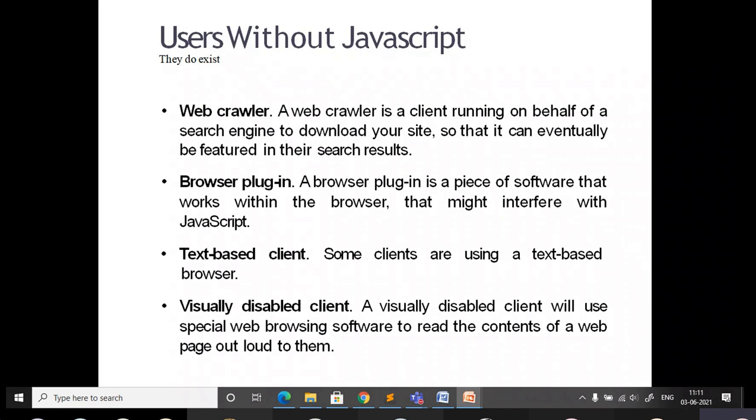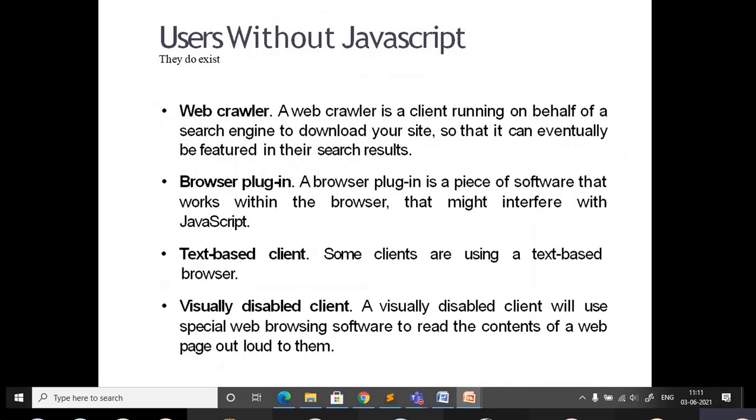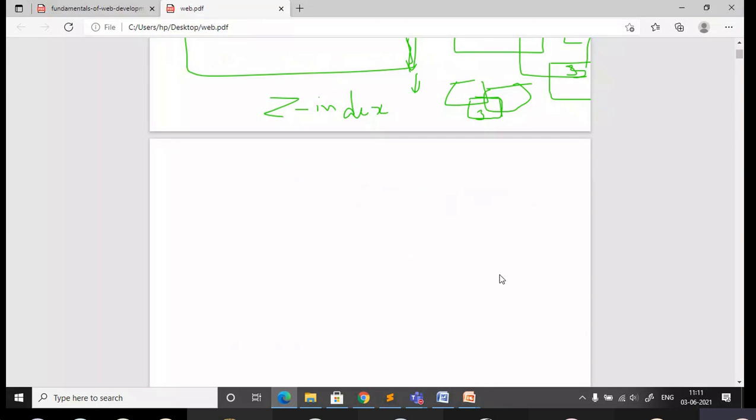Okay, so if you have designed the web page using JavaScript and the client browser is not supporting it, there should be some indication to the client that the browser is not supporting JavaScript. For that we have a special tag. You have to use that special tag to indicate the browser.